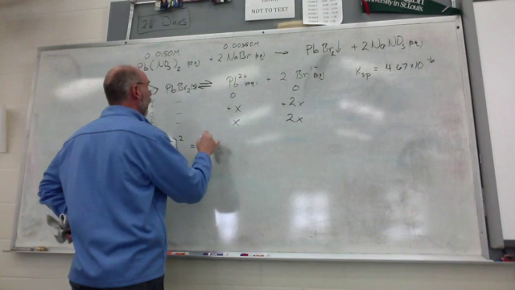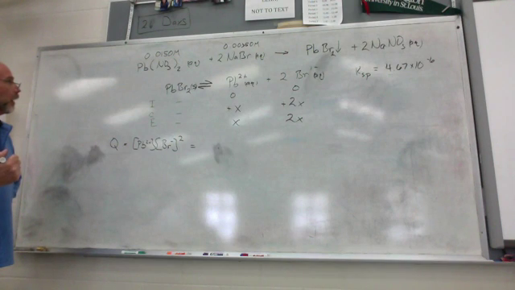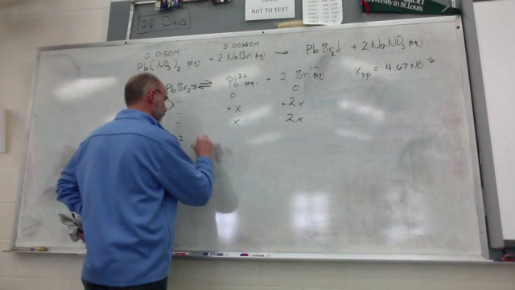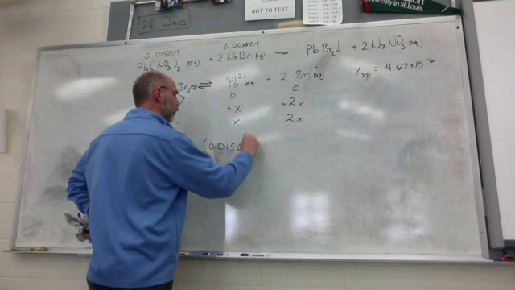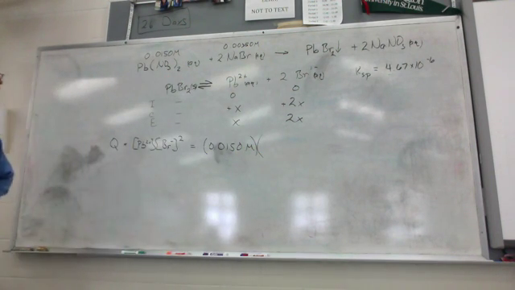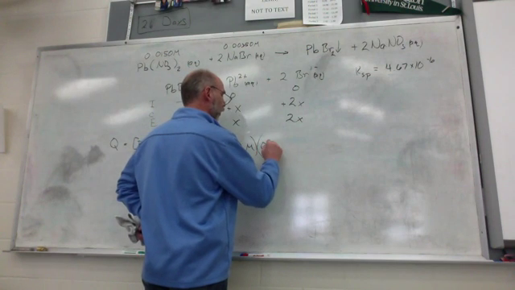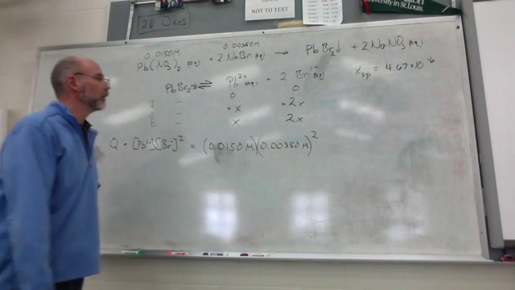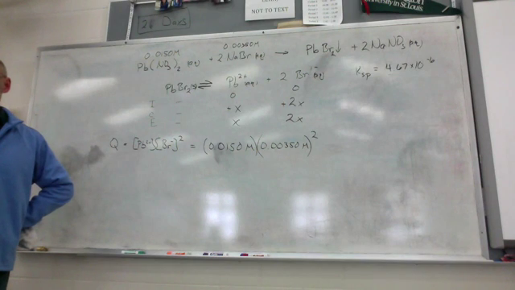So in that case, it's going to be what? What is my lead concentration? 0.015. And what is my bromide concentration? 0.0035. Yeah, it is 0.00350. Except we're going to have to square that quantity. We're also going to have to double that. Why? You only have one bromide ion, or